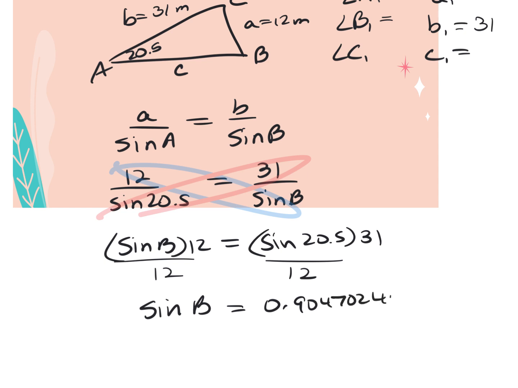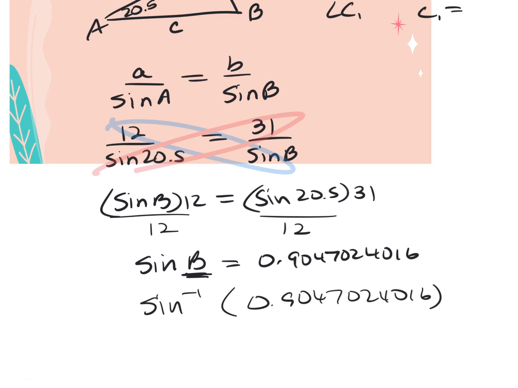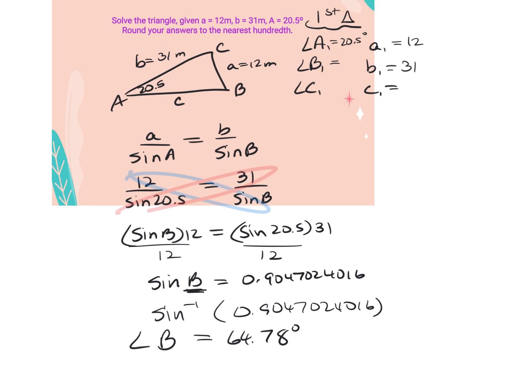0.947024016. Leave this long number on your calculator because remember, when we're looking for an angle, we have to do inverse sine with that number. Once we do this and round it to the hundredths place, angle B is 64.78 degrees. Now, this is my first angle B, and what I can do here now is finish up this